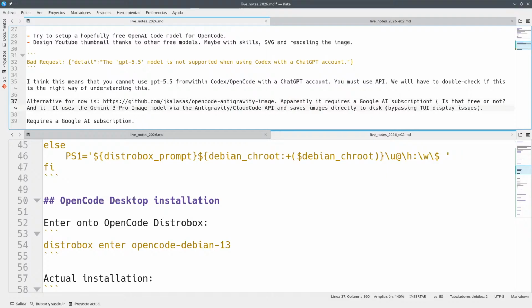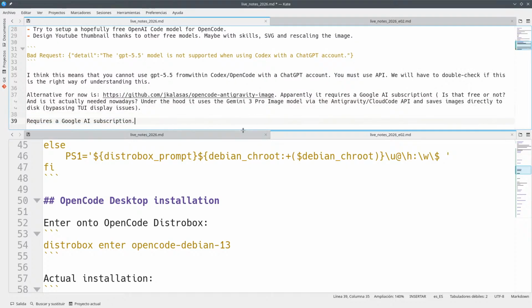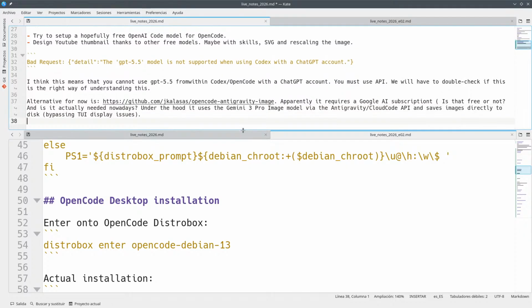And is it actually needed nowadays? So under the hood, it uses Gemini 3 Pro image model via the encrypted. So that's,